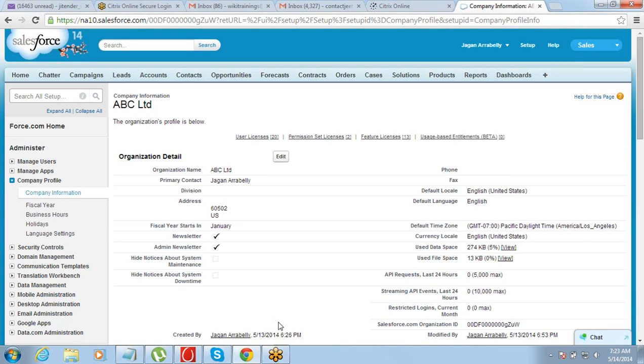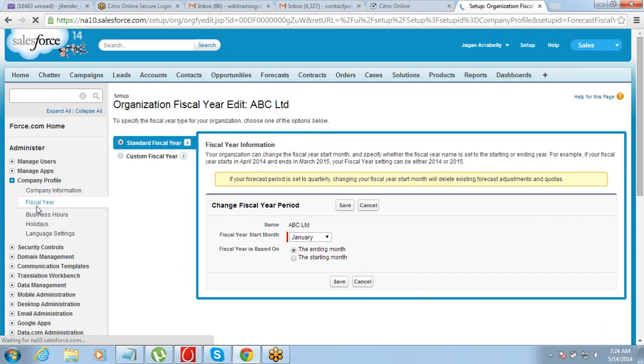So this is the first kind of setup that you do for your company. So once you log in into it, do your personal setting, then go to the company setup and put the name of the company and do the locale setting for the company, the currency that you want to use, the time zone that you want to use, and the language that you want to use for your company. Okay. The next thing that you do set here under company profile is your fiscal year. Fiscal year is the financial year, your company's financial year, right? Why do we need to set the financial year here in